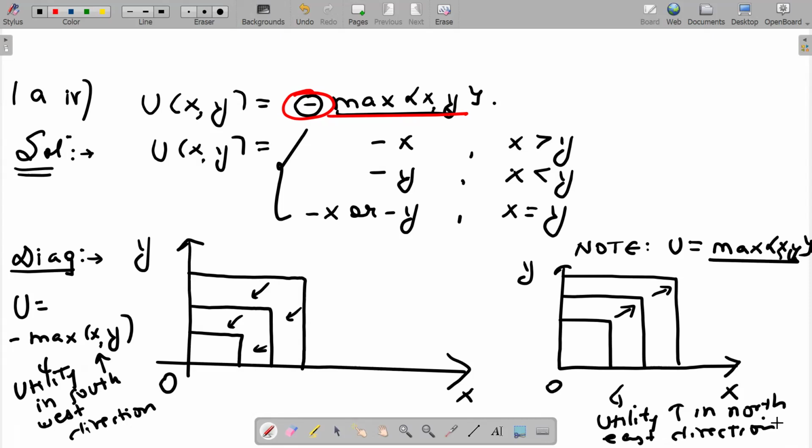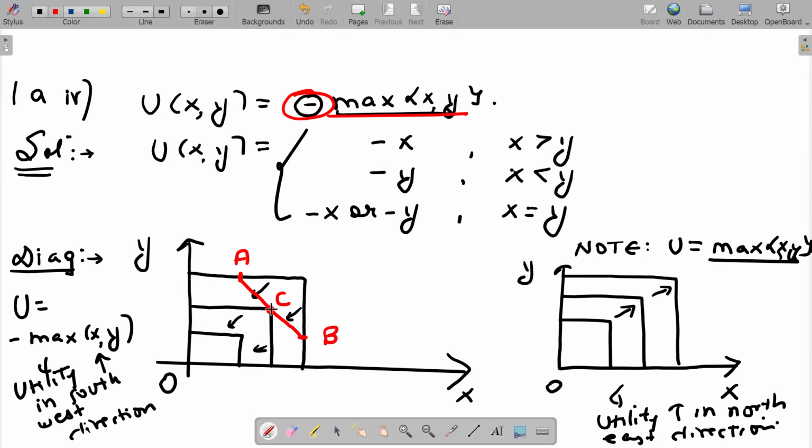Now, guys, is it convex? Let's check whether it's convex. Let me take 2 points, point A, point B. Let's join these 2 points. The weighted average, let's say, lies at point C. But you can clearly see that if I take these 2 points,